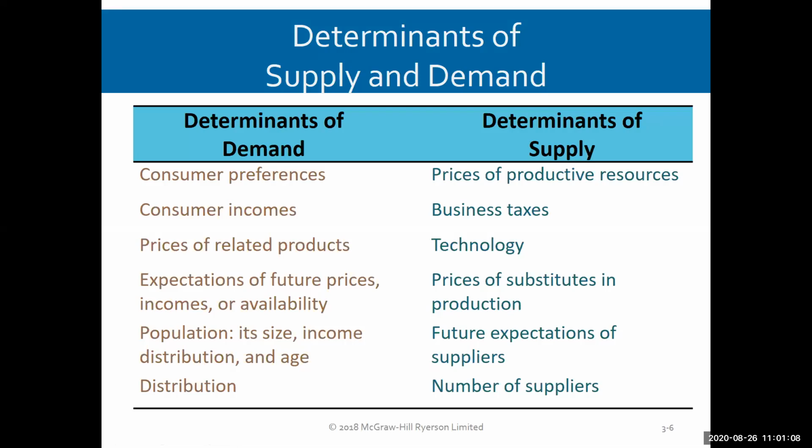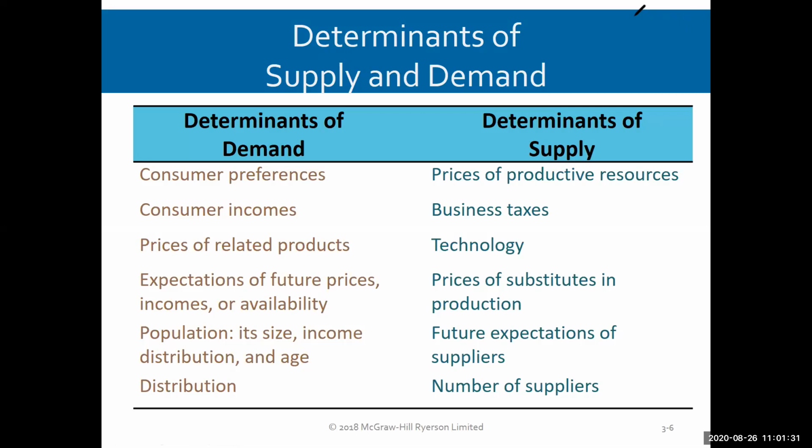But first, let's do a really quick review of the determinants of supply and demand. And we did this last chapter. This is one of those slides that you might want to print off and keep handy, because it'll help you when you're doing all the exercises and stuff. So first of all, the things that shift demand, and that means moving the whole curve to the right or left,